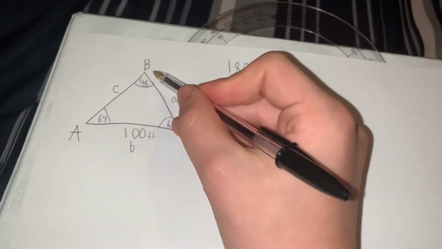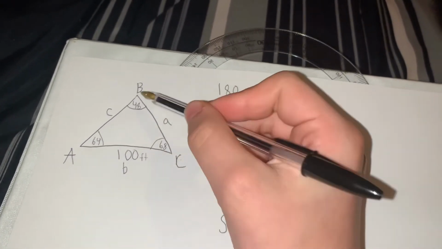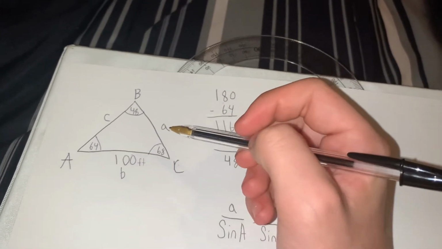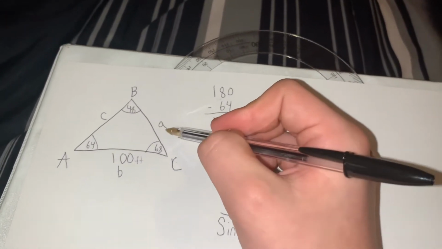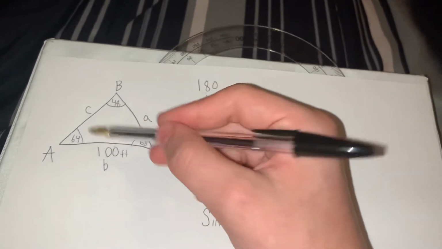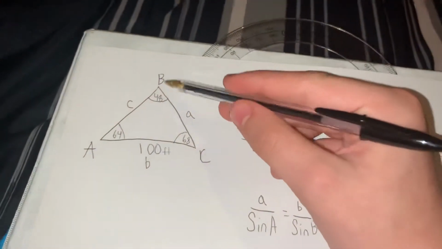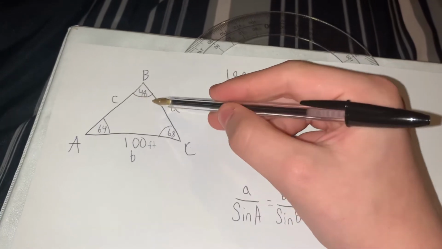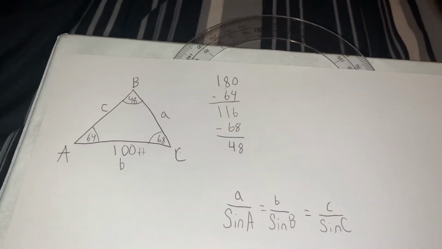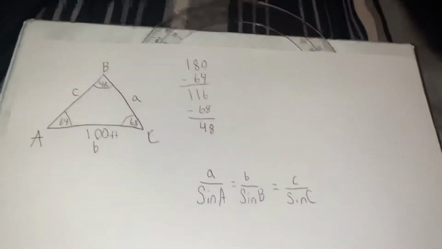So, note, for each of our angles, we've got an uppercase A, B, C, and then for our sides, we have a lowercase a, b, c. That is a very good distinction to tell the difference between the two, so that we don't get confused in the problem. It is also important that you keep angle B and side b across from each other, and same with C and A as well. That way we can figure that out with the